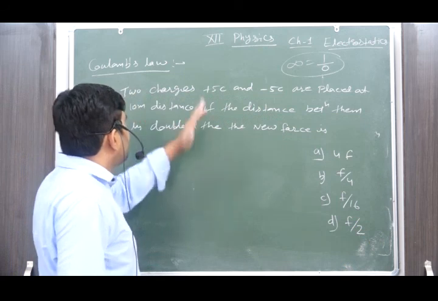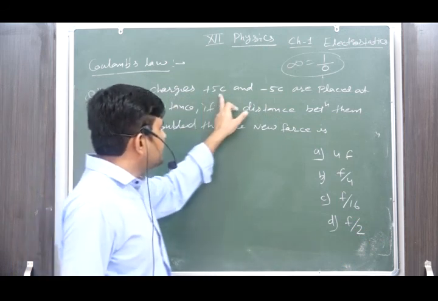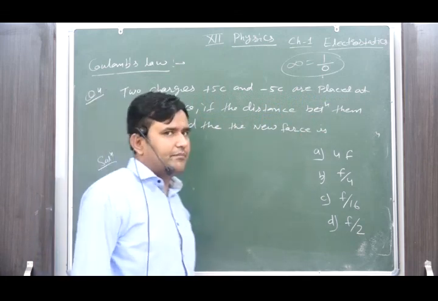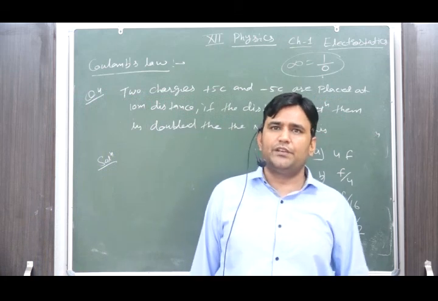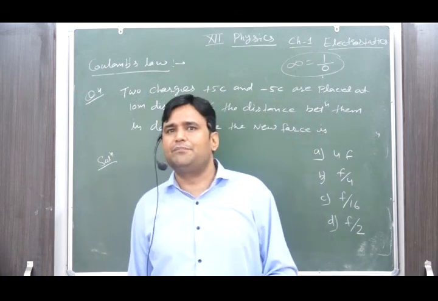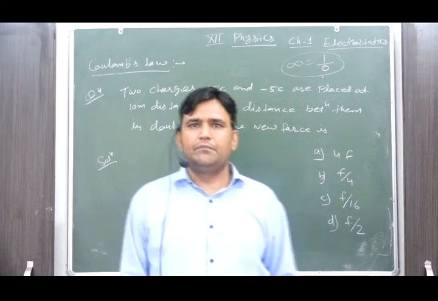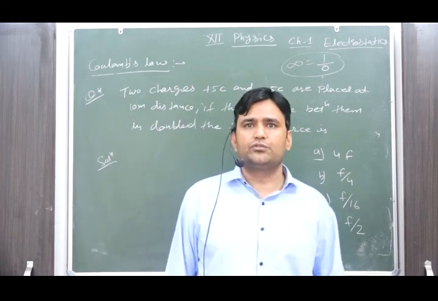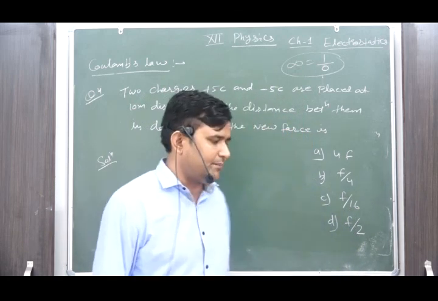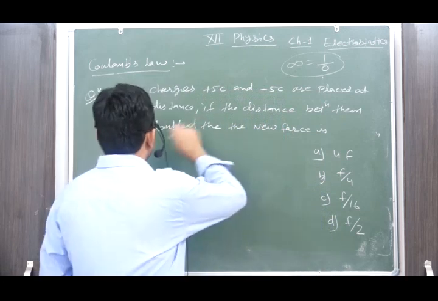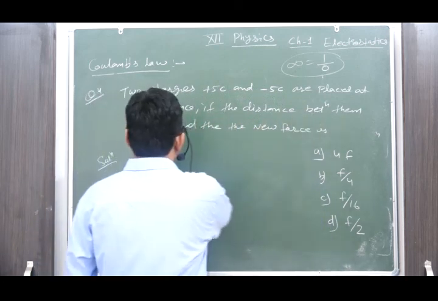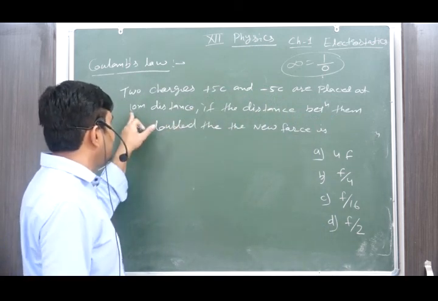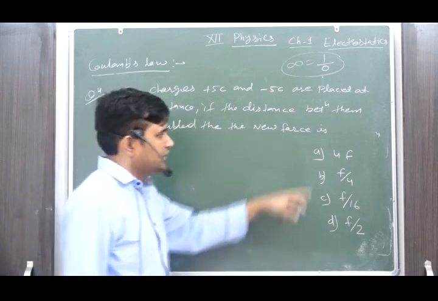Okay, read out the question in a proper manner. Two charges, plus 5 coulomb and minus 5 coulomb, are placed at 10 centimeter distance. It means here we have the charges Q1, Q2 and their separation, so we are able to find the force between them. But before solving, read the entire question and see how to solve it. The required parameters are: if the distance between them is doubled, then the new force is. Doubled means R1 is 10, R2 is 20. Then the new force is...